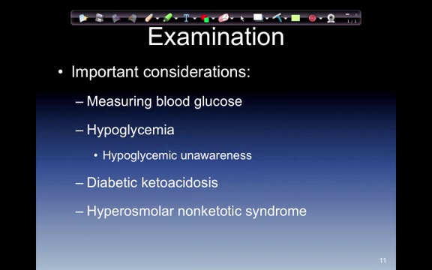Now, very simply, a type 1 diabetic is probably going to be in DKA. A type 2 diabetic is probably going to be in HONKS. Not always, but it is suggestive. Those are other key factors, the history of the patient's actual illness.